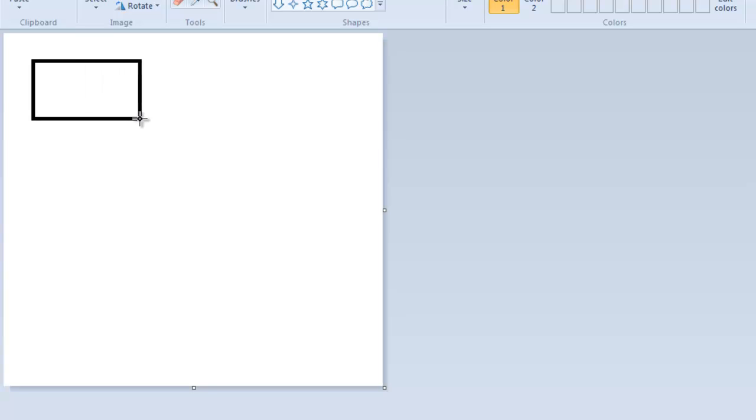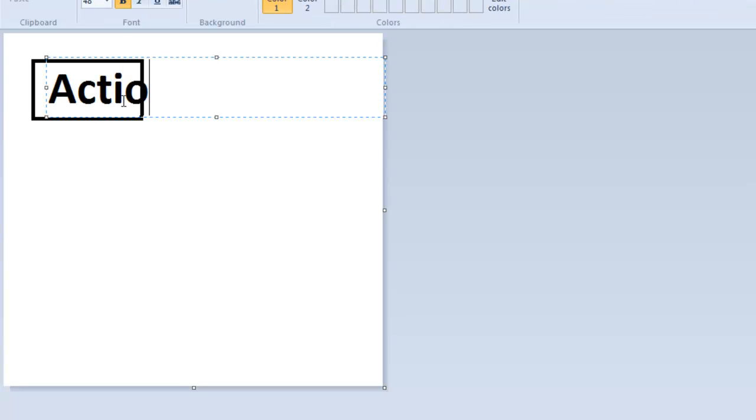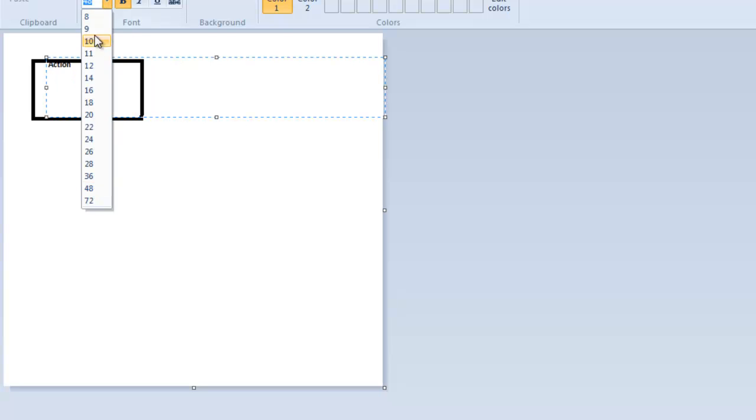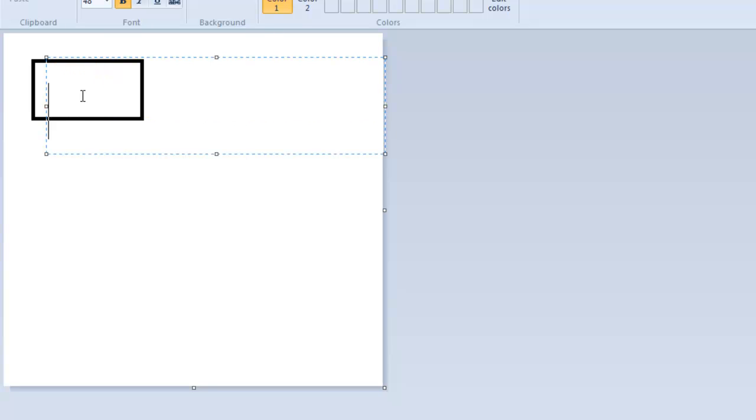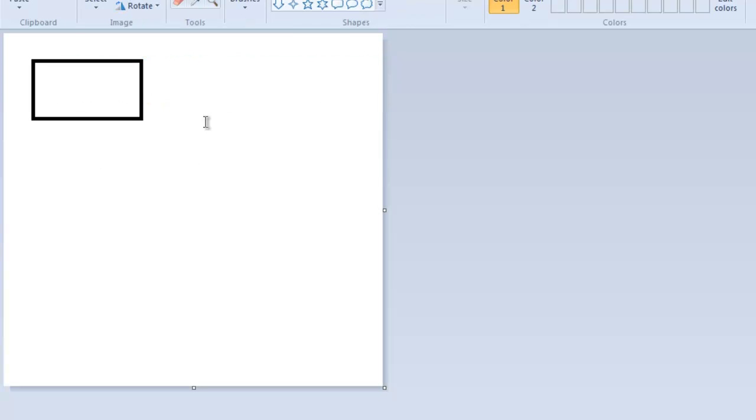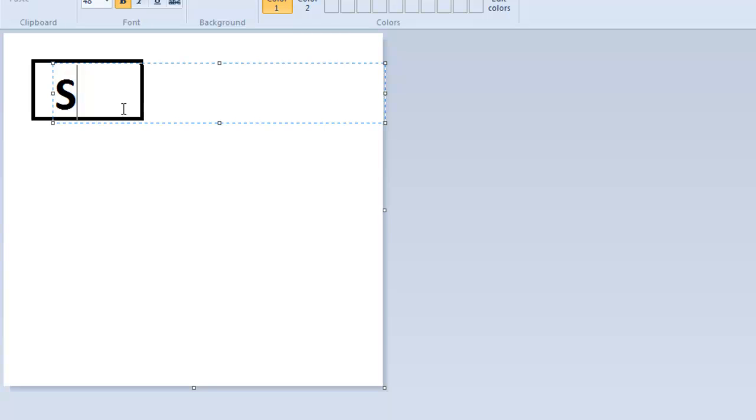I have an action class. This is actually connecting to the front UI side. And next we have a service layer.